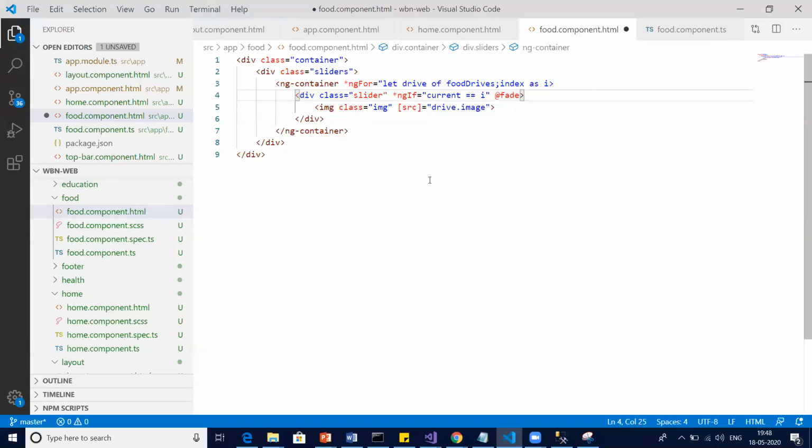If current equals to... come on, what's the mistake?